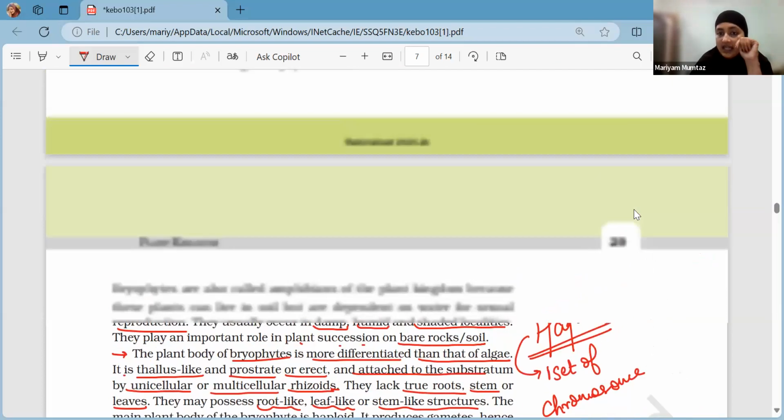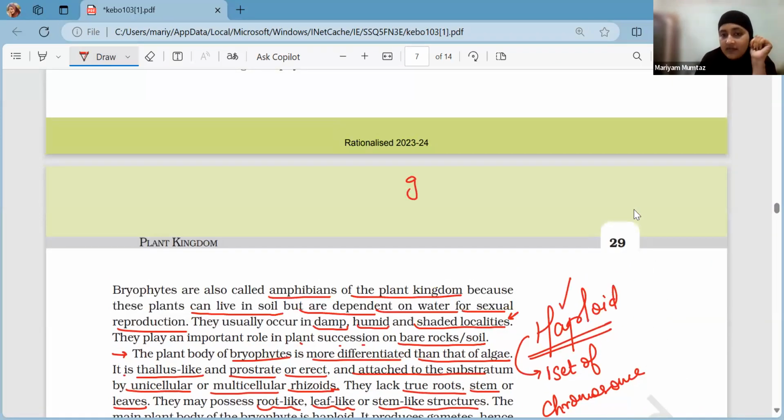Now we are seeing in their life cycle, it starts with a gametophyte, right? Which is a haploid plant body, the main plant body. See, this is one of the questions that can come. What is the main plant body of bryophytes? So you should know it is gametophyte, that is haploid. And what will the gametophytes form? What will the gametophytes make?